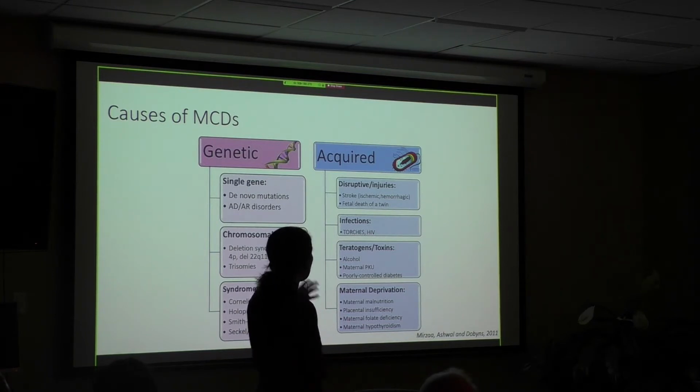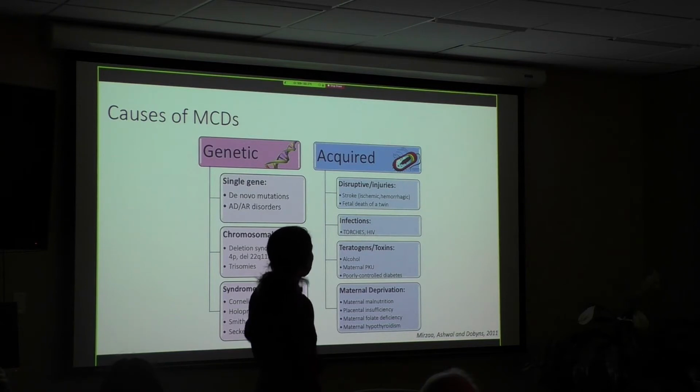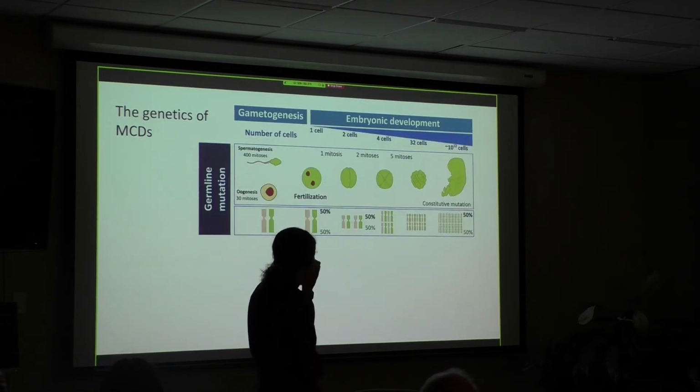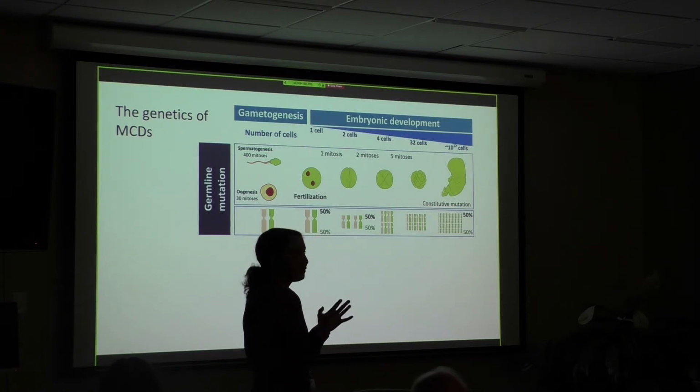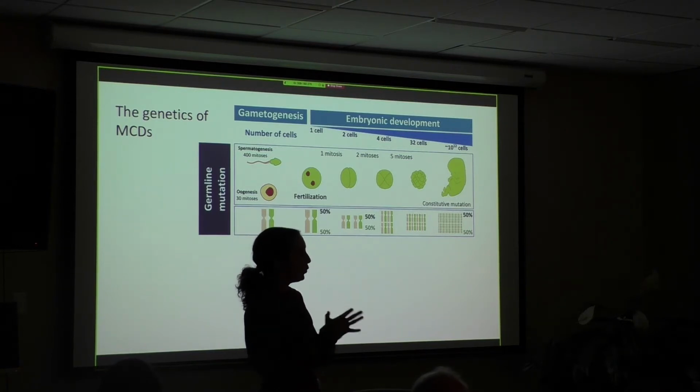I'm going to really focus on, of course, the genetic causes of this, but with a really special focus on a specific pathway. One thing that we have appreciated a long time ago is that malformations of cortical development can be quite unique. Anytime we're talking about the developing brain, it can actually be susceptible to its own unique set of genetic